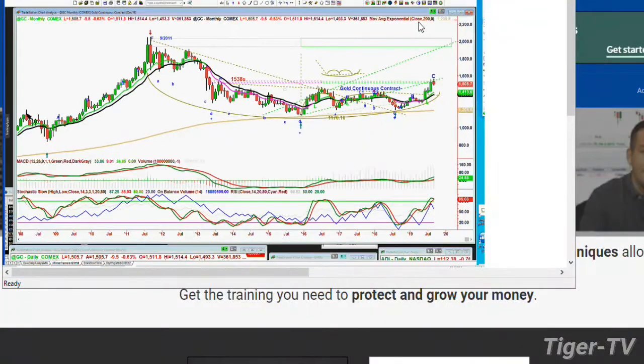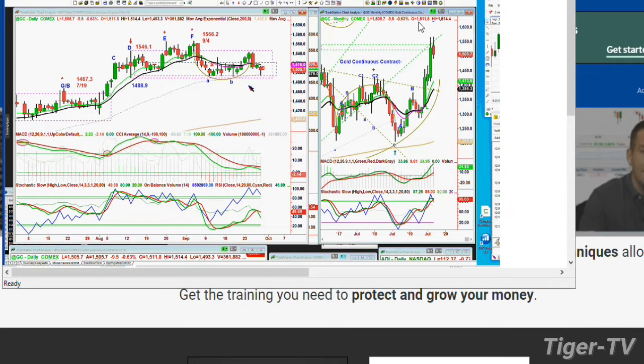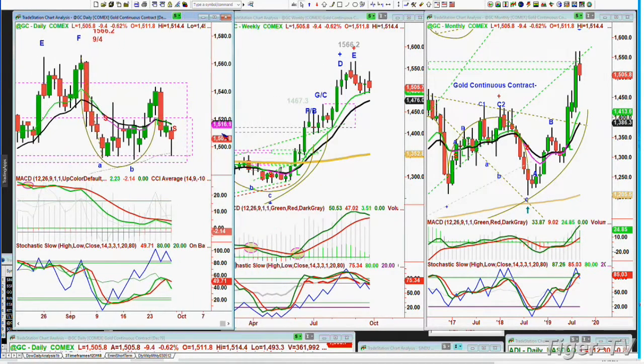Gold, as far as I'm concerned, is in a consolidation phase. It's in its second cup formation. If it starts to take out the low of 1490.70, the low that was made on the 18th of September in the daily chart, this W formation in the MACD could extend lower, and the stochastic is very weak at 49%. It could go down to the 32% area or even lower. So I think that gold is in a